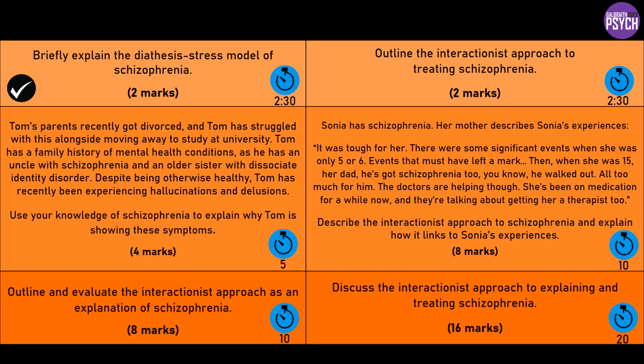Outline the interactionist approach to treating schizophrenia. So, interactionist treatment is where you give the patient two or more different treatment modalities that are going to work together. Yeah, it's not just